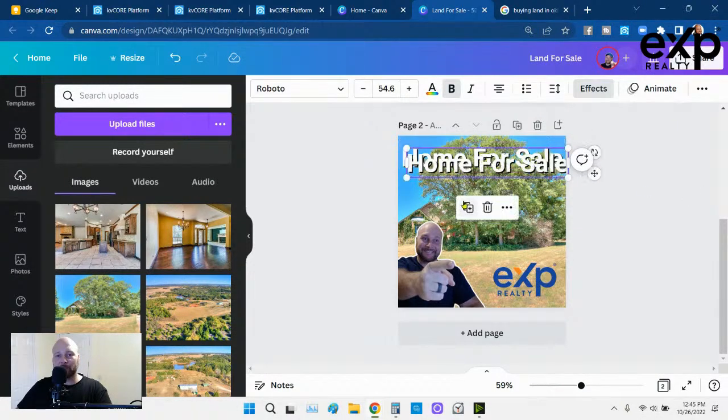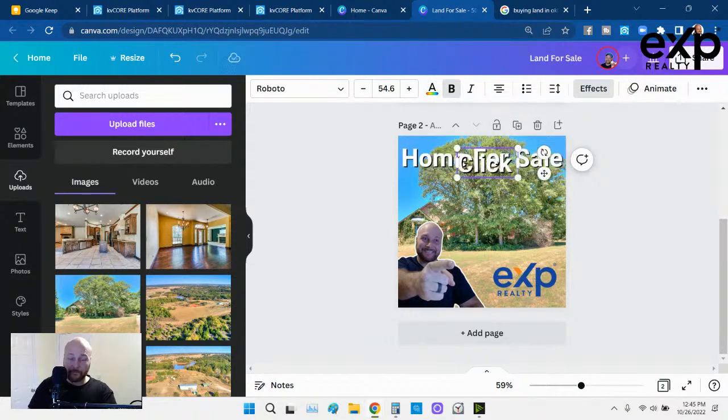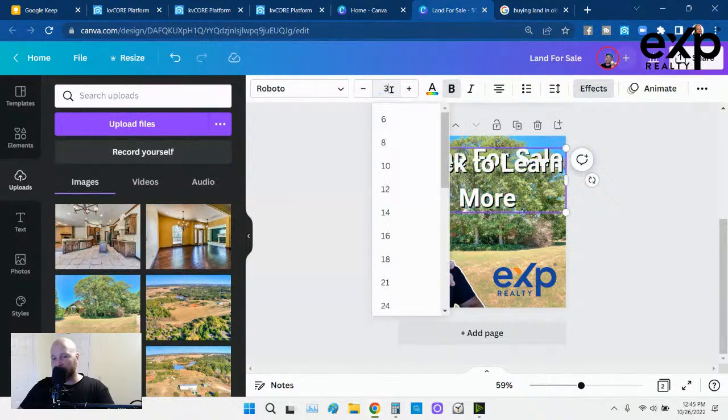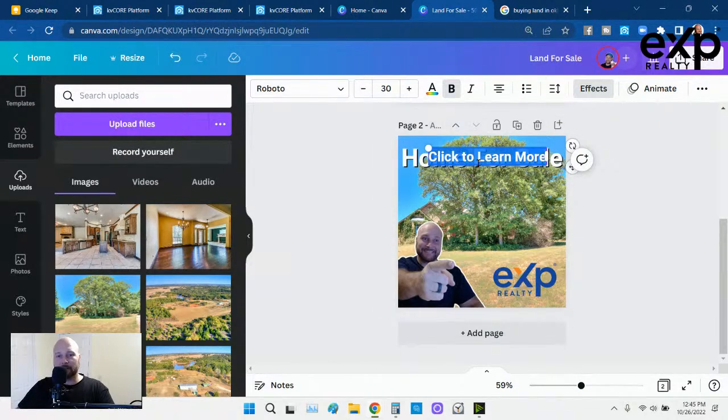Select the text, duplicate, and then change it to click to learn more. Push Control A and then shrink this down to like 30, because the headline is what you want to be prominent, and then the call to action still needs to be prominent, but it doesn't have to be as prominent.